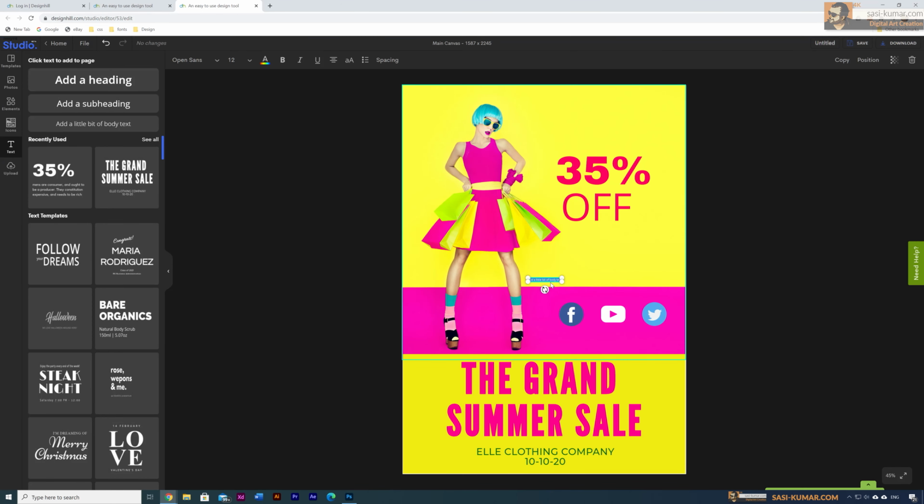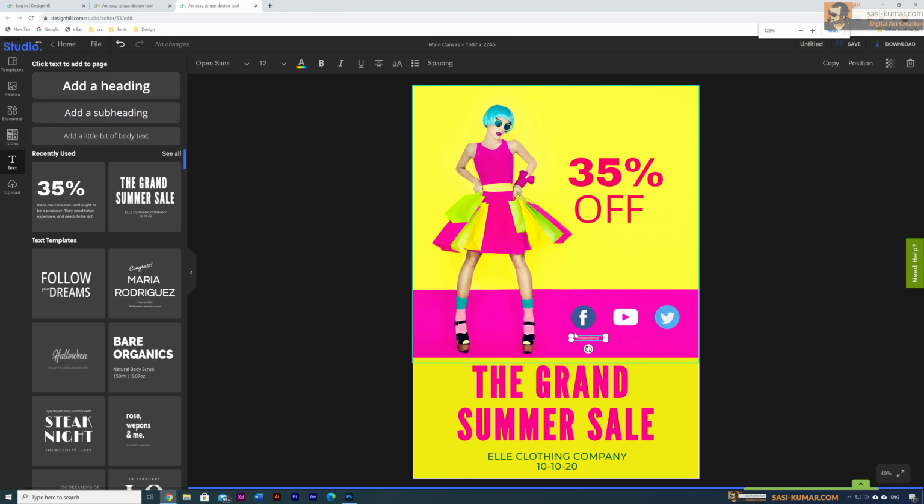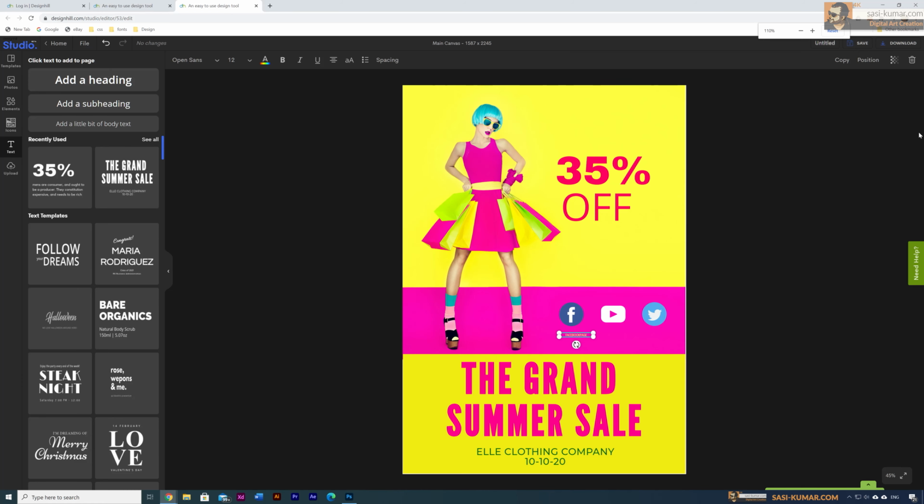All right, the last thing I want to do in here is going to the text in here and add a body text, and just going to type Facebook page in here. And once you type, you can go in here, because we are going to place the same thing everywhere. So you can just select this text, go to this copy, which will make a copy of that text, and you can just place it in